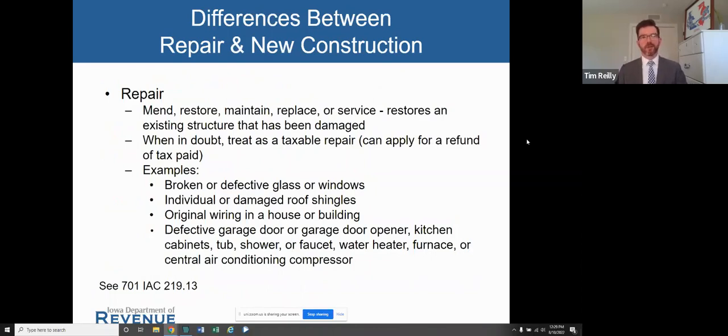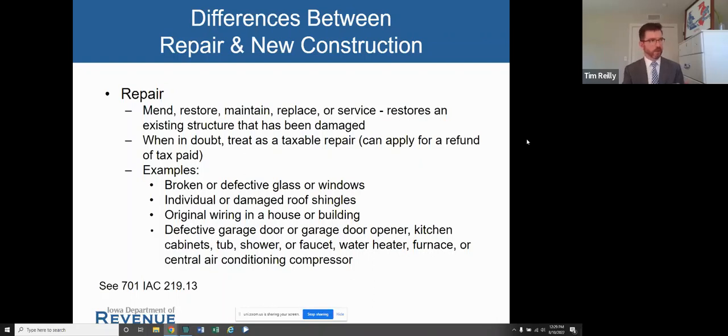A couple of slides here on the difference between repair and new construction. This again is in that same rule, 219.13. So repairing is mending, restoring, maintaining, replacing, or servicing an existing structure, and so that includes broken windows, shingles on a roof.